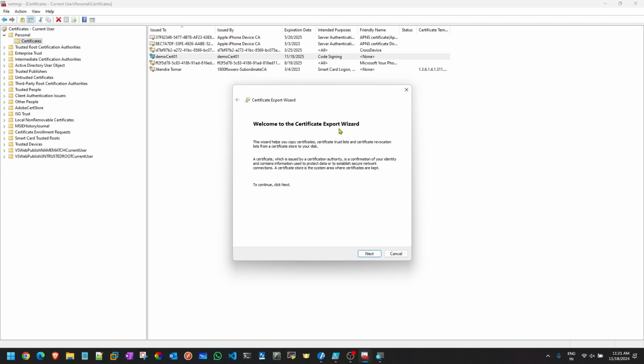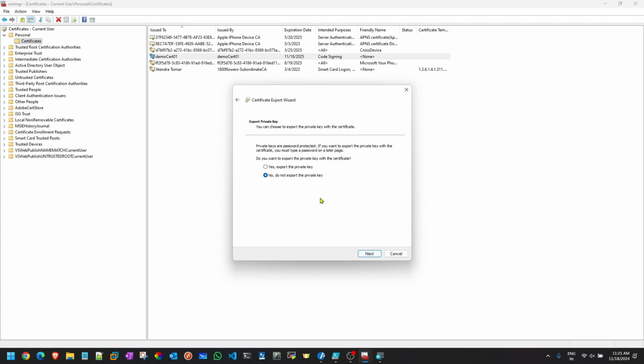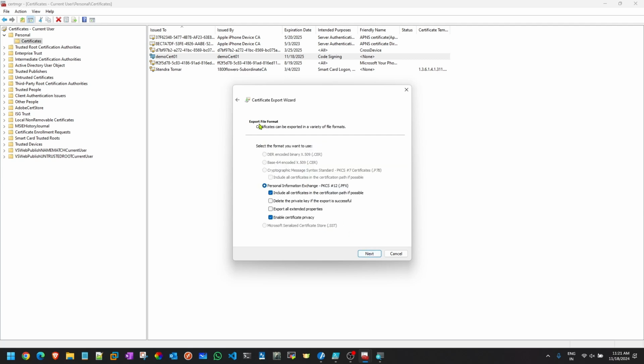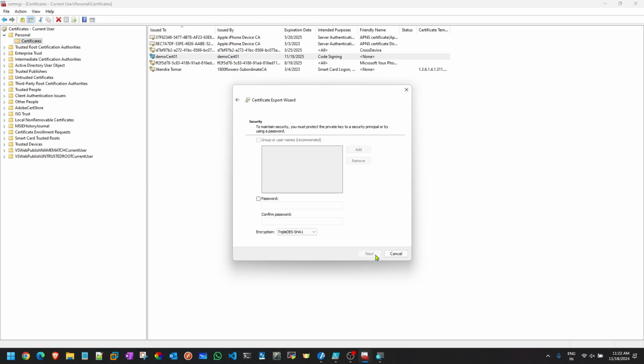Welcome to the certificate export wizard. Click on next. It is asking to export the private key. Yes, you need to export the private key as well. Next. Export file format. Can you see here pfx? No changes required over here. Select whatever is there as it is. Security. Now it is looking for a password.